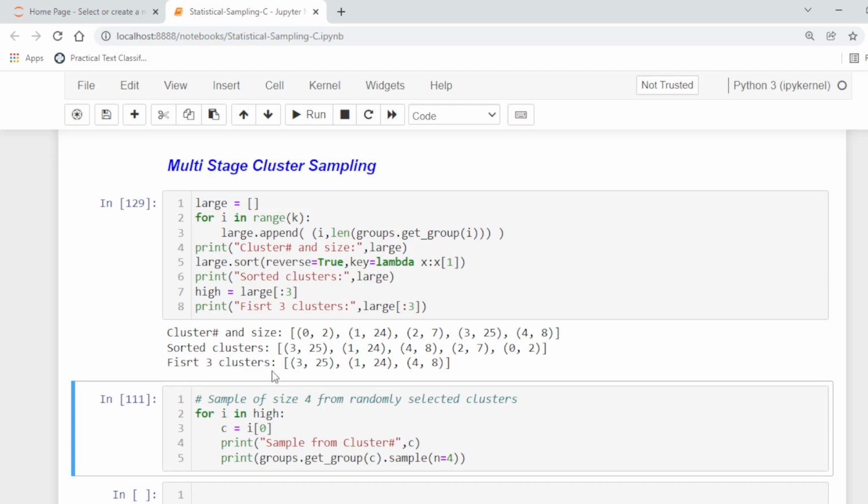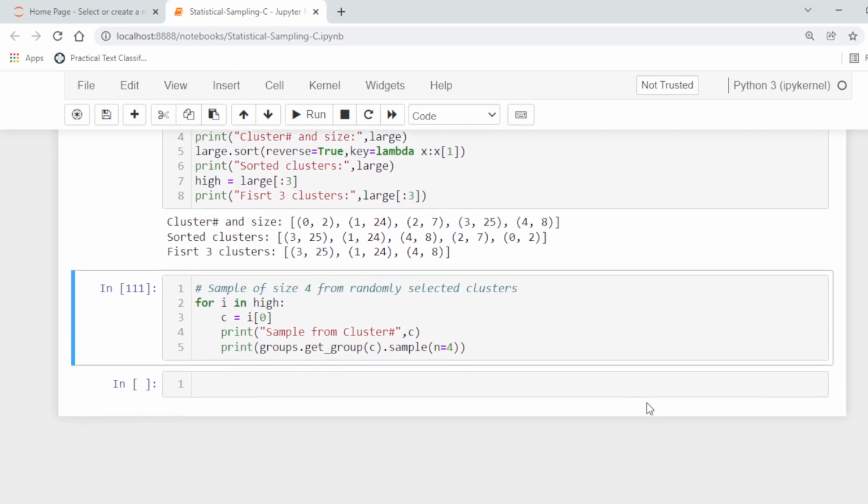So first 3 selected: here we are going to select the first 3 clusters having a large number of members, which are 3, 1 and 4. And then a sample of size 4 for the randomly selected clusters. So here we are going to sample from the above 3 clusters.